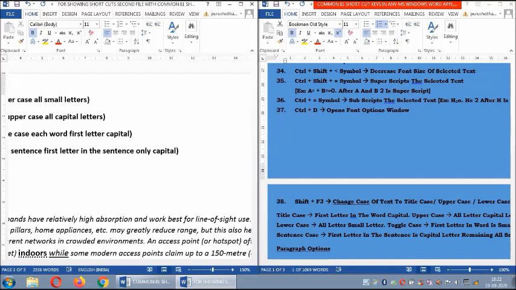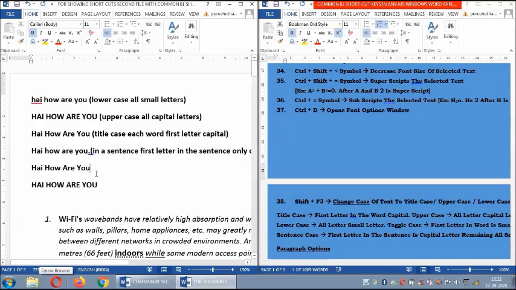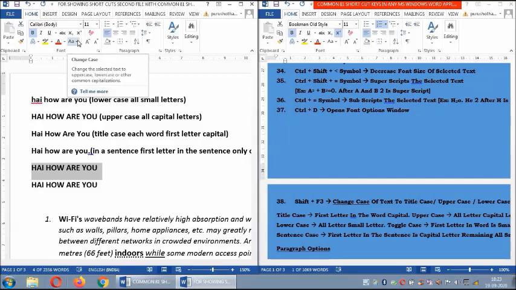Now the last one, the toggle case. You don't write in this style, and it doesn't take effect by pressing Shift F3. But we can do it from the options, here you have change case. Shift F3 is a shortcut key for it, but mostly the toggle case will not take effect because it is inbuilt not to do the toggle case. But we can write in toggle case. How will it be?